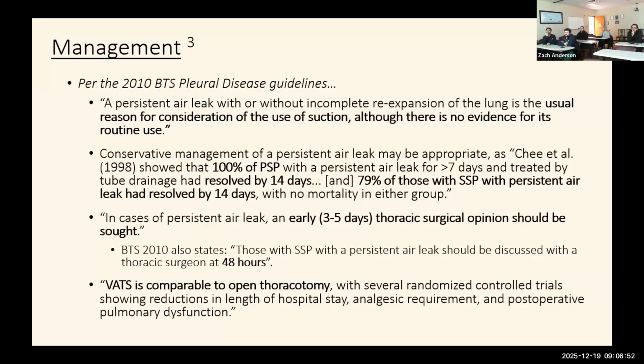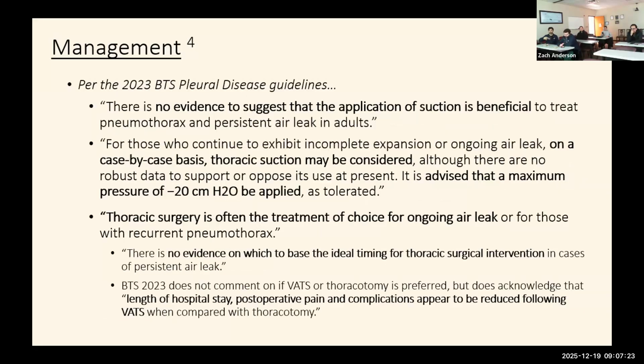That's comparable to open thoracotomy. I think what you get from here is that there's even less value in chemical pleurodesis. I agree. If you have a great patient for surgery, like a 25-year-old who plays basketball, you take them to surgery, but the 100-year-old gets a Heimlich valve. Yes, I agree with you completely. I think that's exactly what this says. They said we have no idea what's going on, outside of knowing surgery is better. And if you can't do surgery, find something else.